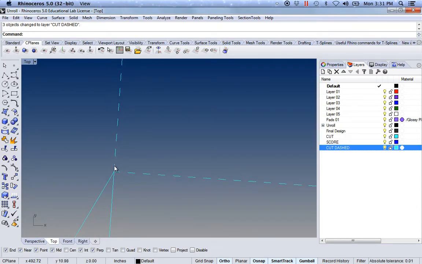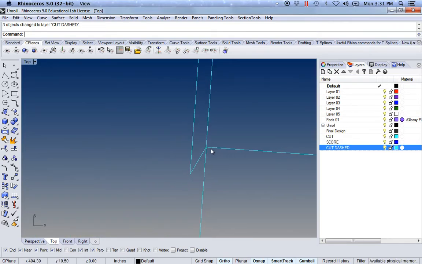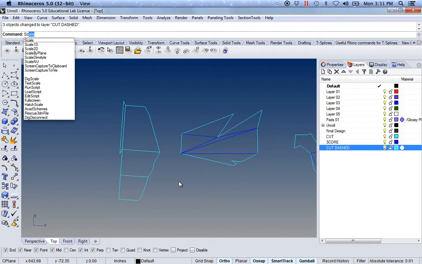So what it should do, instead of scoring it only on one side, it should cut all the way through, but in these dashes. If the dashes are too close to each other, you could always type in the command. I always forget the name of the command. I always know it's a scale, a type of scale. So I start by typing scale, and then I look for,